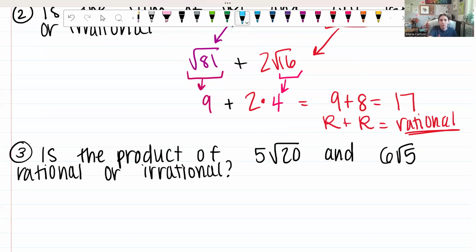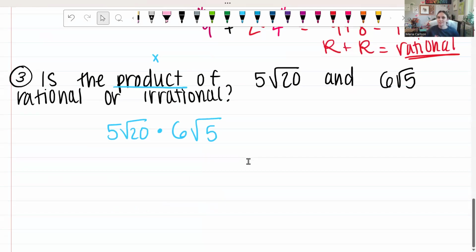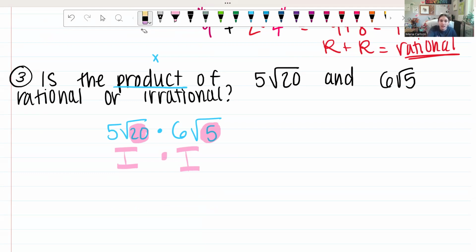All right, so now we are finding the product. So product, okay. Product means we are multiplying. So I'm going to multiply 5 square root of 20 times 6 square root of 5. And actually, this one's going to surprise you because if I look at this, I notice square root of 20, that's not a perfect square. So this seems like an irrational number times 6 square root of 5. Square root of 5 is a non-perfect square as well. So this is an irrational times an irrational. And let's see what we get